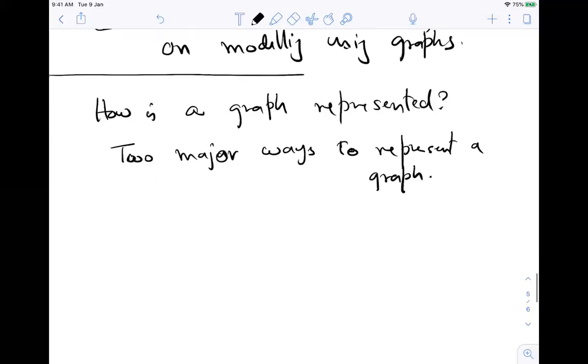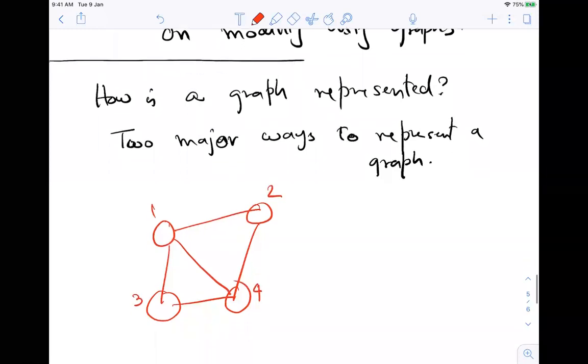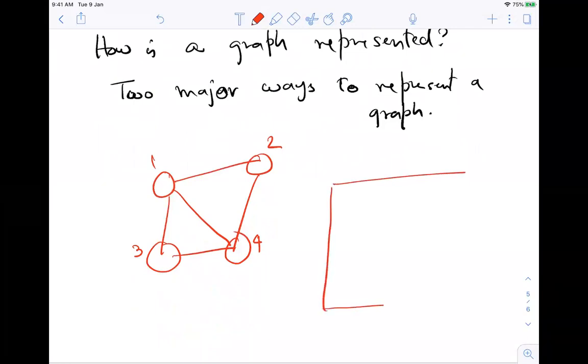Let me draw something. Here is the graph, with vertices 1, 2, 3, 4. One way I can represent it is to draw a matrix, with rows 1, 2, 3, 4 and columns 1, 2, 3, 4.